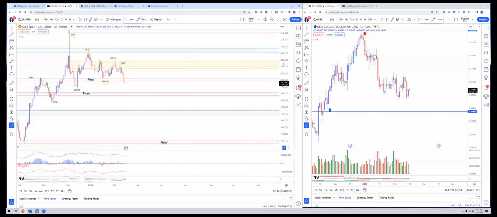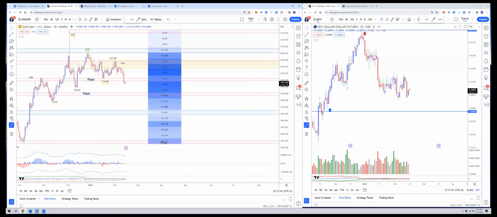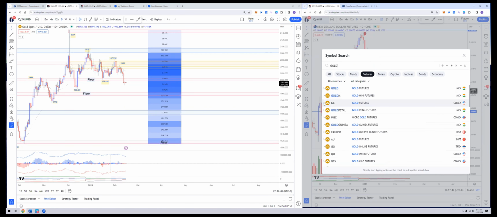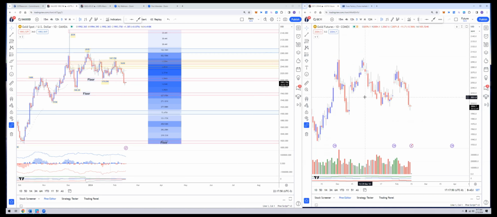Okay, gold was reacting two days ago due to the CPI data. I think what they were trying to do is shake people out, in my opinion. If you remember, it was last Tuesday, when people were just coming back from the Chinese New Year holiday and stuff like that.